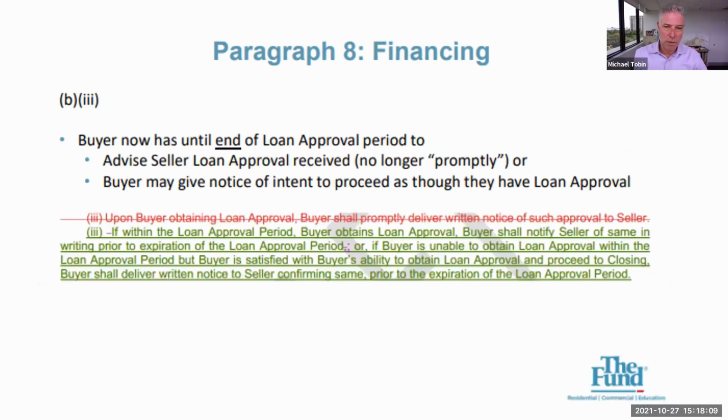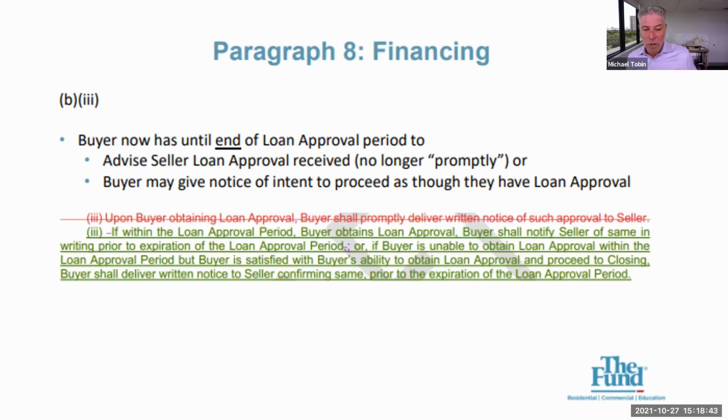Next page, please, Ariel. Okay, now we're going to get to the end of the period. All right, it's always been that the buyer has until the end of the loan approval to cancel. All right. And if they didn't cancel, then there was a 3-day period where the seller could cancel. And then if the seller didn't cancel, the buyer was hard on the deal. All right. It's pretty much the same here, except